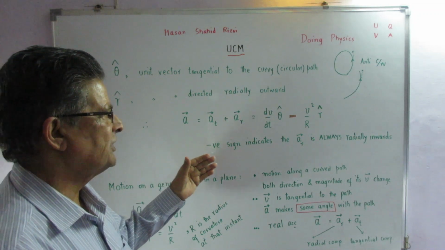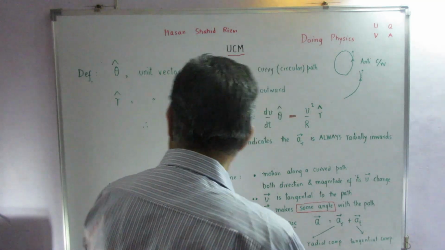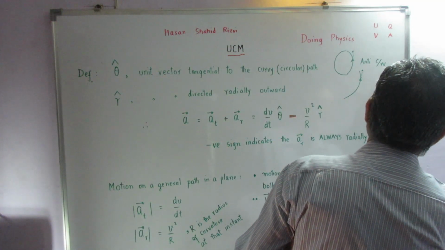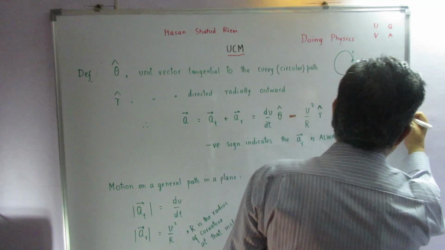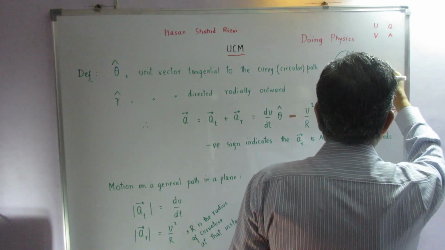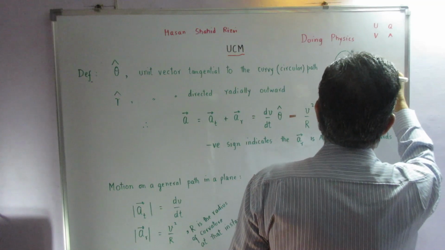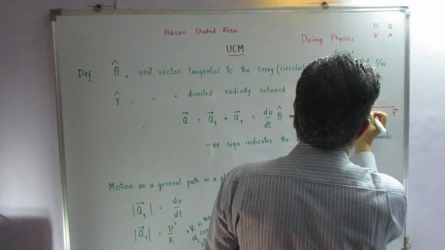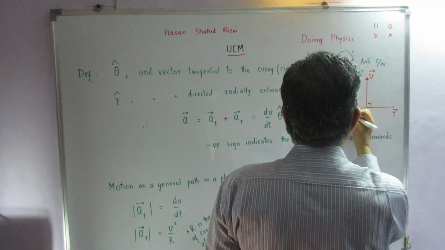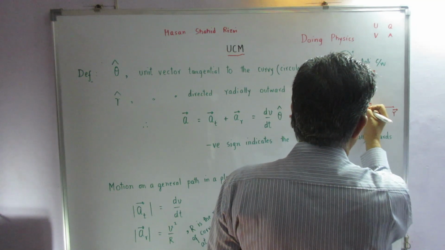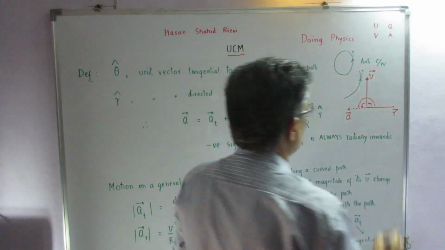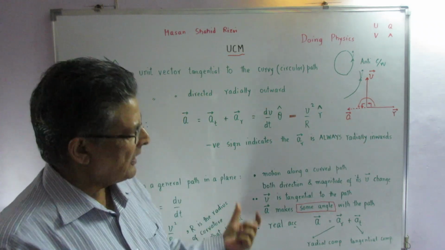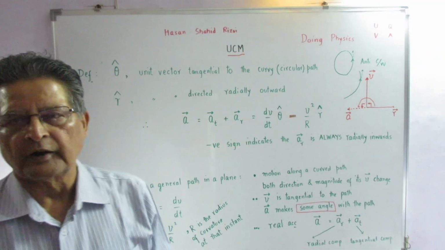what I emphasized on that day in the case of uniform circular motion. If this is the vector which indicates my r, then I said the velocity vector will make an angle of 90 degrees, and the acceleration vector will again make an angle of 90 degrees with the velocity vector, so that the two angles sum up to 180 degrees, so that there is a complete opposition between the vector r and a. And this now I am going to introduce to you with the help of what is known as the reference circle,